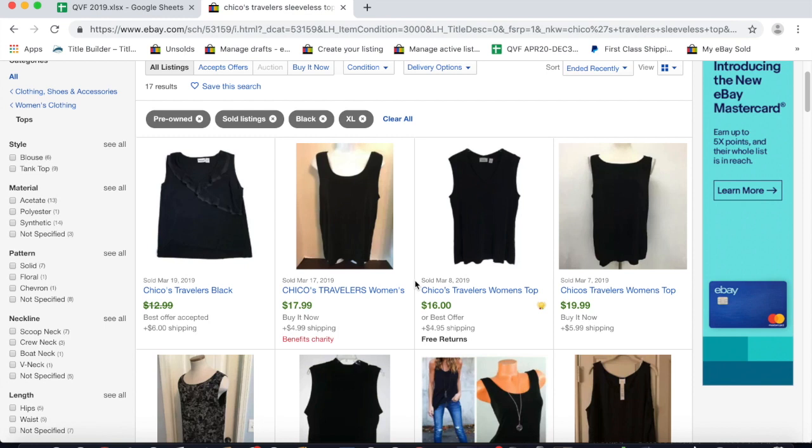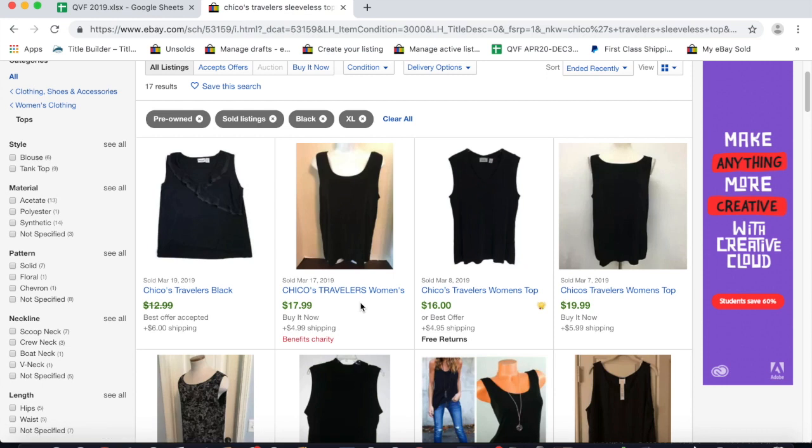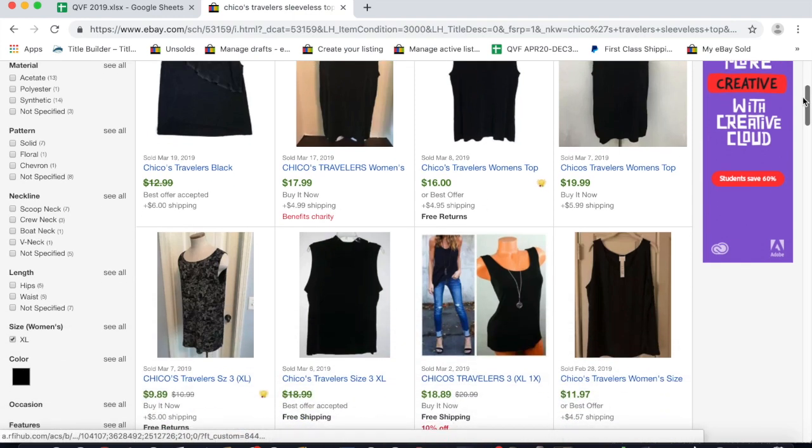So it's like a thin line. It's like a very thin line. So I'm going to start it at 17, drop it a couple dollars just for the quick sell factor. So let's say 15, add my buffer to that, boom, it's out. And then when I cross list it to Poshmark, I pretty much